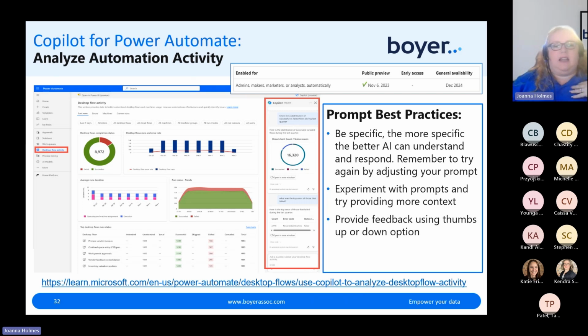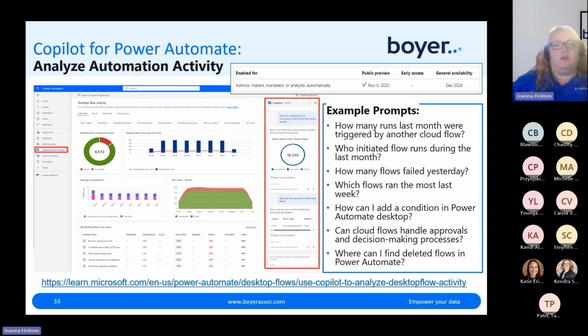Again, there's a link on the slide at the bottom here, but I want to talk about this a little bit more because I'm using Copilot here to tell me how my Power Automate flows are performing. I have some example prompts on the slide, but think about scenarios where I want to know how my flows are running. I could ask questions like, which flows ran the most last week? What were yesterday's top 5 flows by number of completed runs? What was the average run duration for flow X